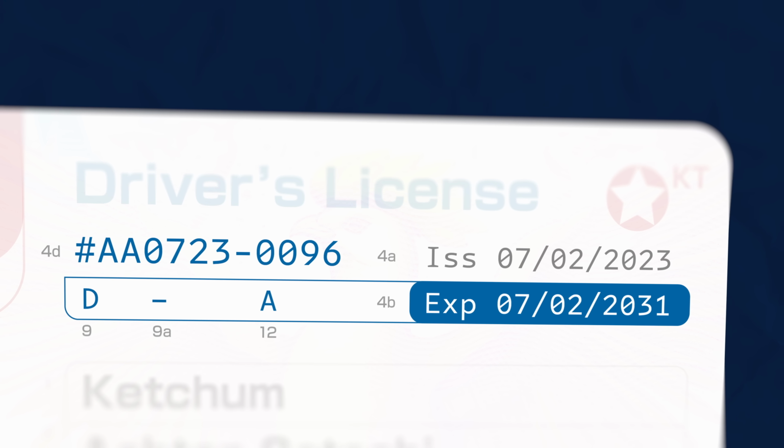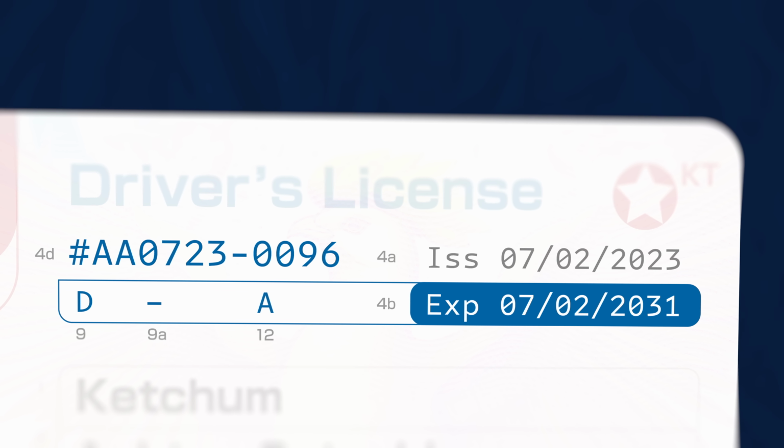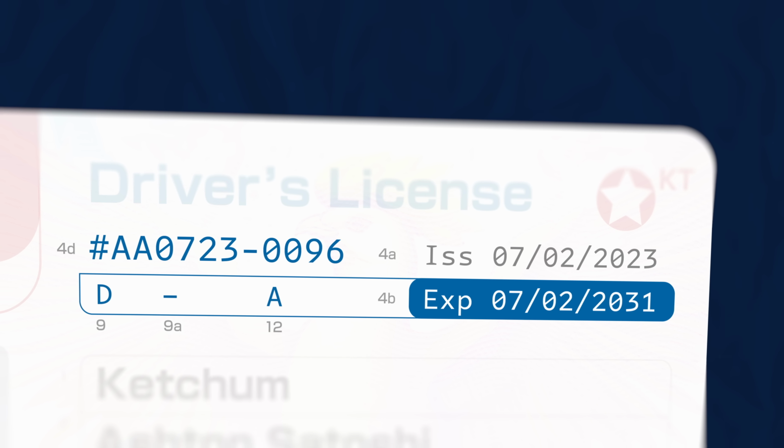Now we'll reorganize the layout into 3 distinct subzones. Driving details will be placed at the top in blue to set them apart from other information. The expiry date is a much more valuable piece of information than the issue date for most stakeholders, so I've literally highlighted the former and faded back the latter.